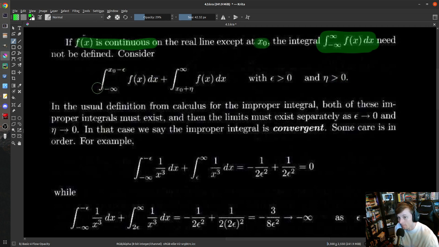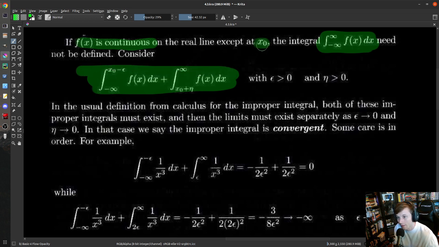So, for example, if it's not defined at x naught, we could look at the improper integral and break the integral over the whole real line up into two chunks. One of them going from negative infinity up to x naught minus some epsilon. The other one going from x naught plus some constant eta up to infinity. And both of those, of course, are going to be greater than 0. So we're basically taking, instead of the,